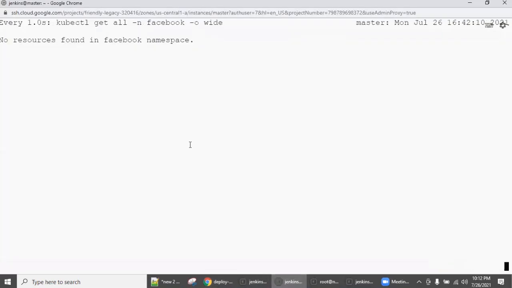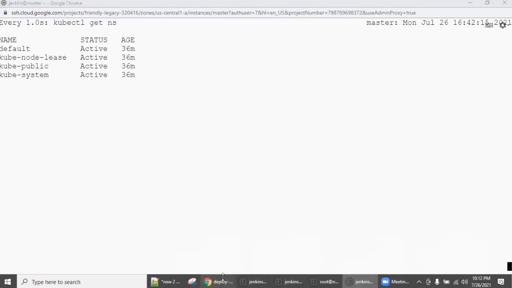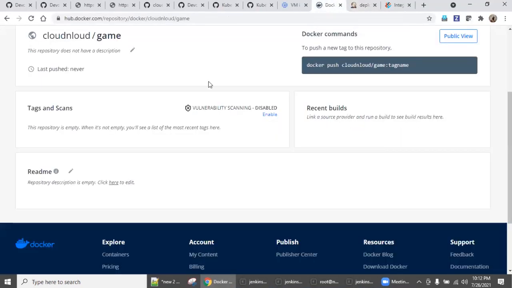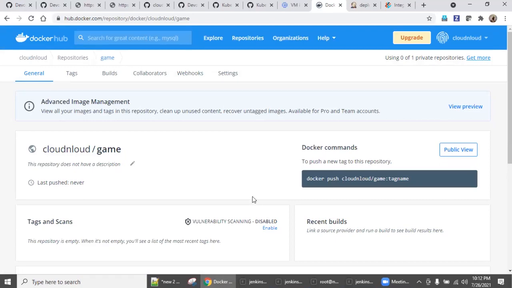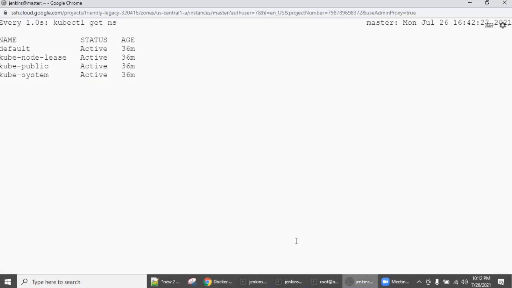So it is about to create the namespace. Let's go back to hub.docker.com, right click, say reload. If it is pushed, within 30 seconds, it has to start everything. Wait for it.